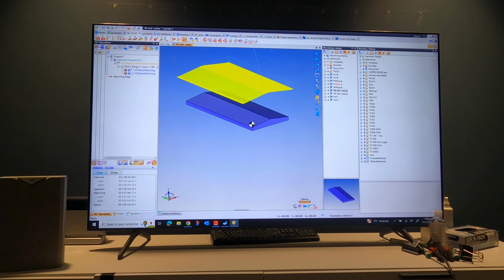Okay, so when you are doing the roughing, you will start all the time on 3D, because roughing